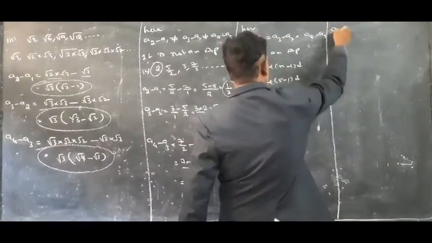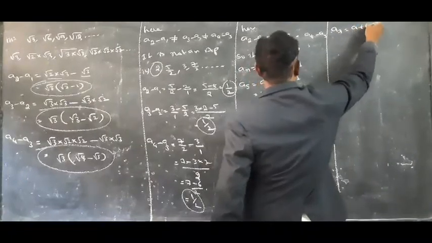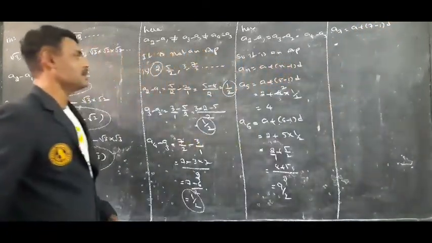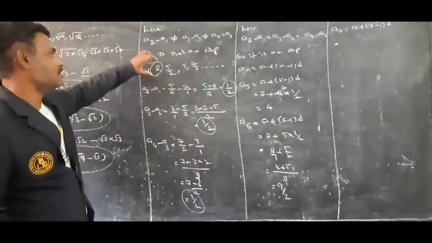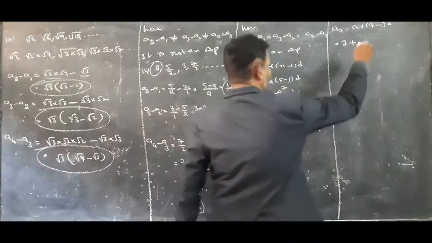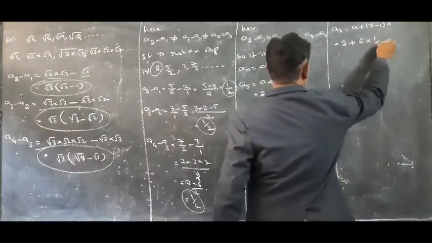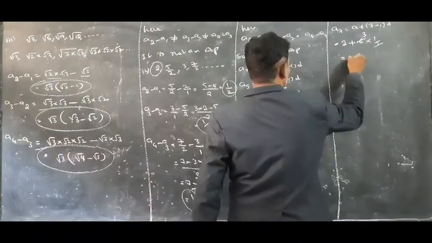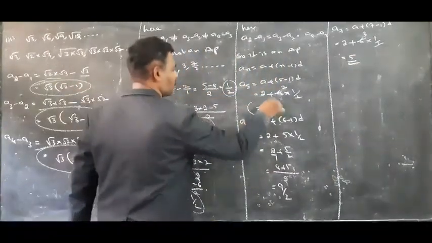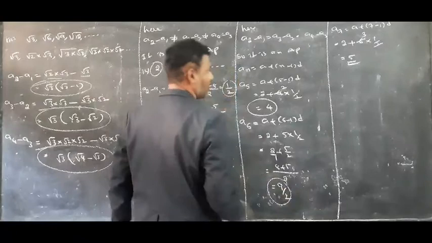Next I need the seventh term. a plus 7 minus 1 into d. A is nothing but the first term of that series, that is 2. Plus 7 minus 1 means 6 into 1 by 2. 2 1s are 2, 3 plus 2, 4. So the required next three terms are 4 and 9 by 2 and